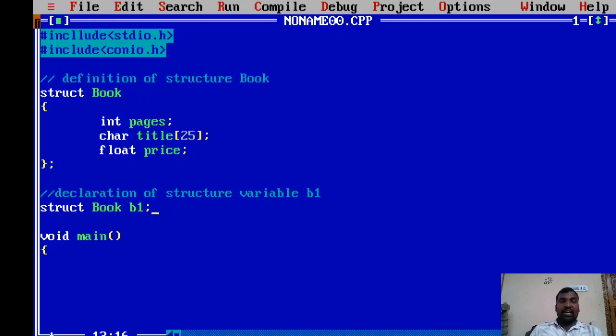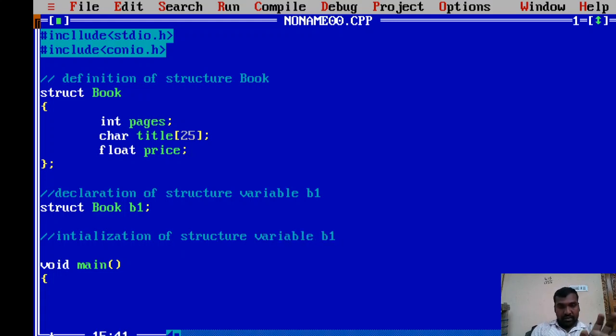Here I am not initializing the structure variable B1. Now I am trying to initialize it: initialization of structure variable B1.